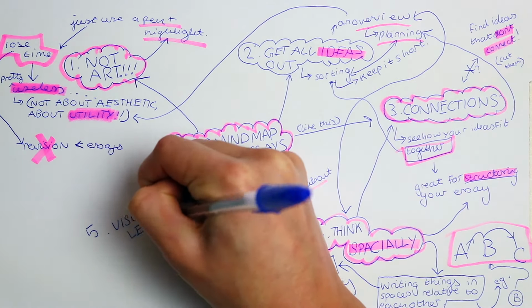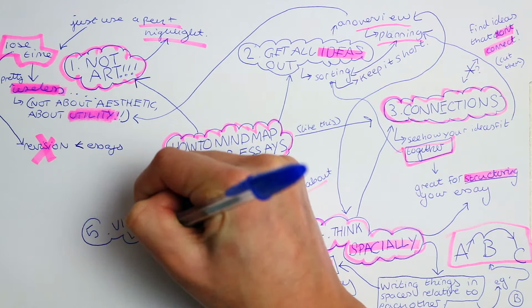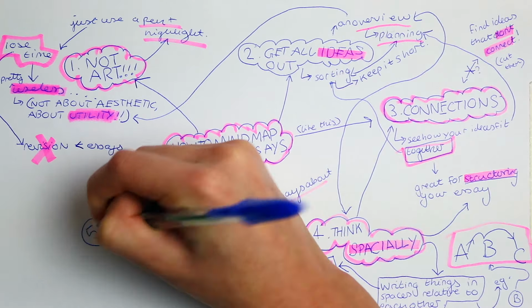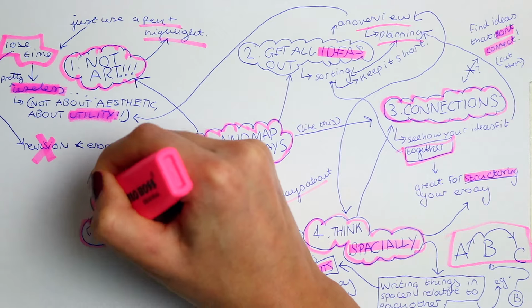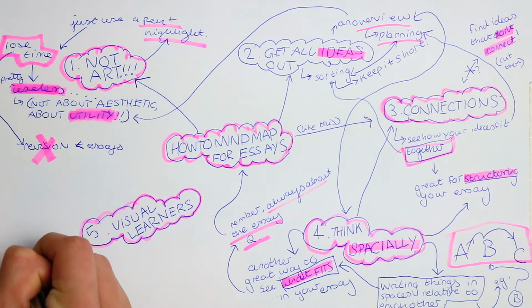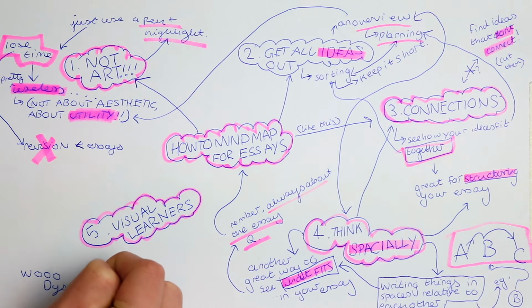I'm looking at you, dyslexics, to plan essays. Essays are becoming very linear. I have always got in so much trouble about structure, about having bad structure. And this is really something I started doing towards the end of sixth form. So I've done it for the entirety of my degree. And it is one of the only ways that I can successfully get a good essay structure to work for me. Just because then by that point I already have all of my ideas and I can already see them in relation to each other,